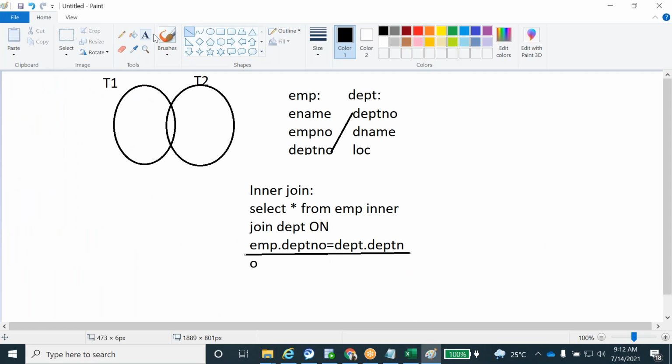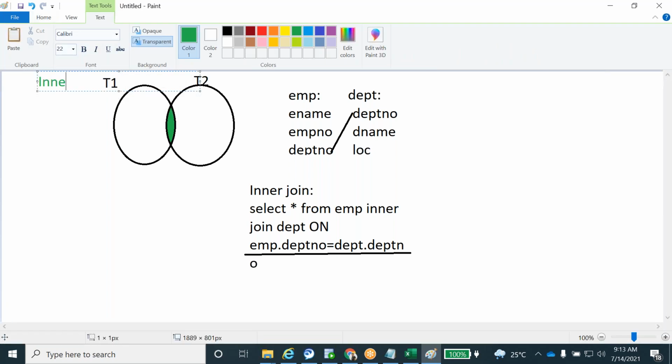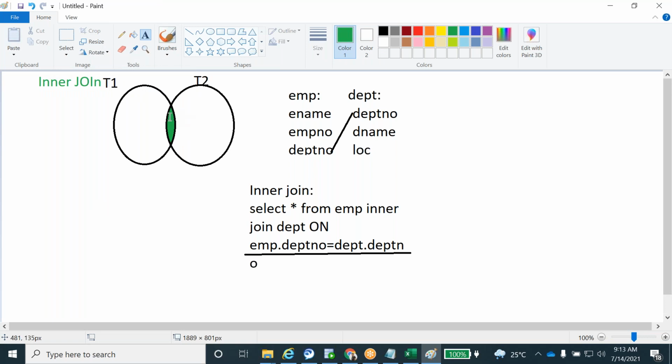While executing the inner join, this is the output. Only common data will come.